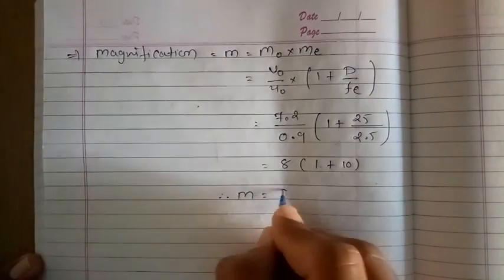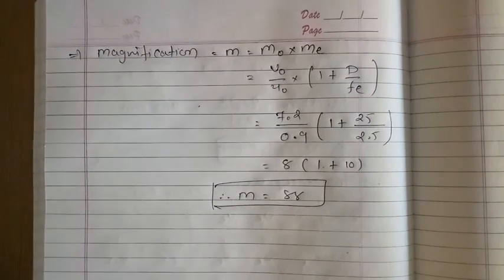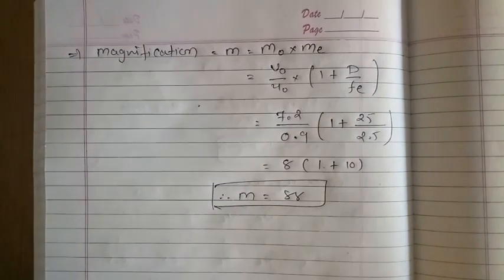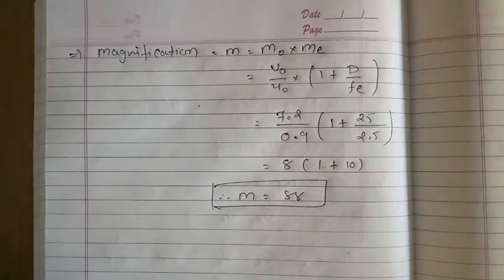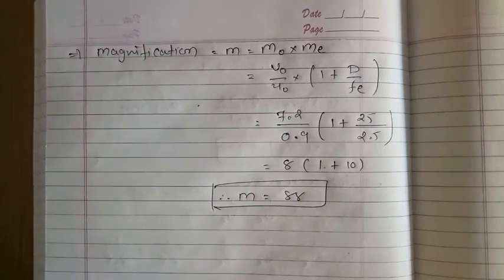So magnification M is equal to 88, right? So this is a very easy example, right? We have to find the distance between two lenses, so we have to find the object distance for the eyepiece and the image distance for the objective. Then we add both, right? So we get the distance between the two lenses. Okay,